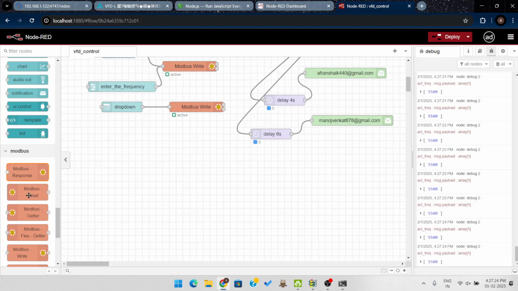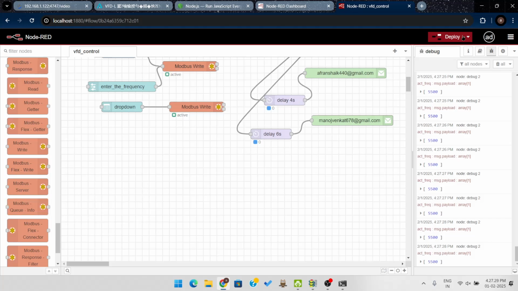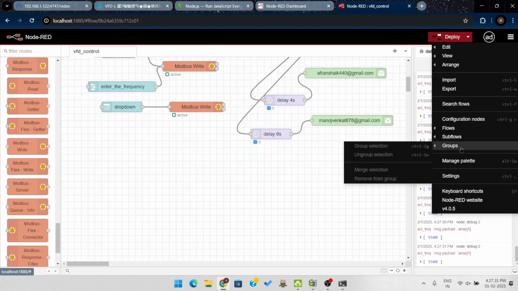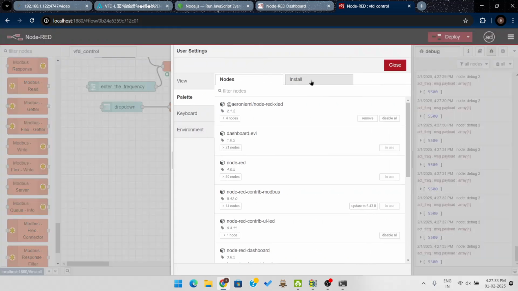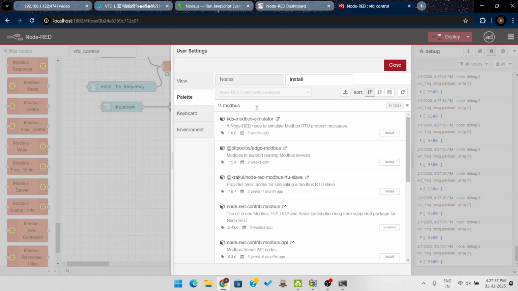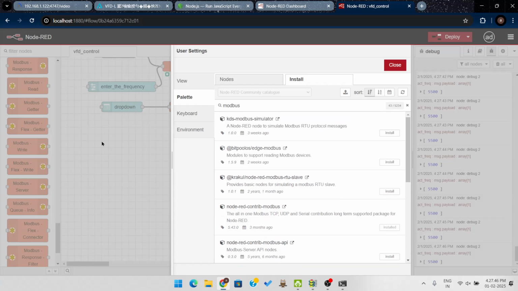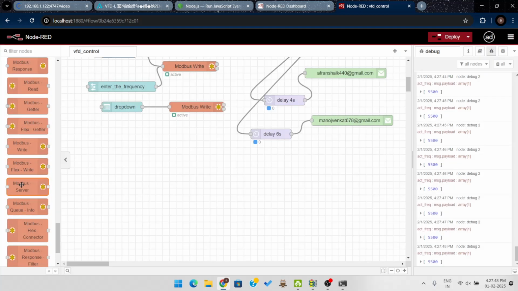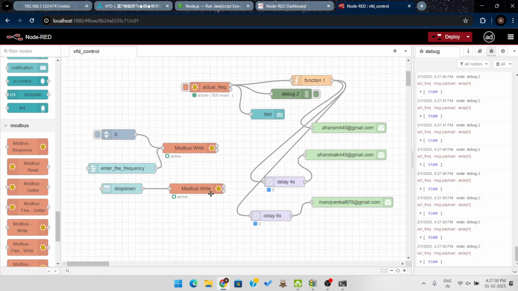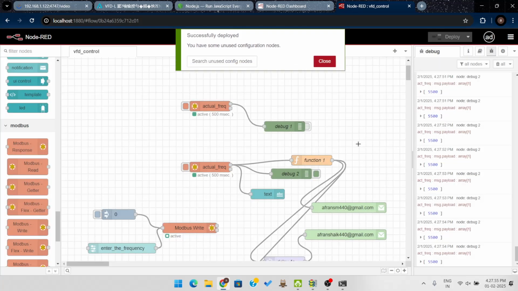So next thing is Modbus. Modbus also by default won't be installed. So again I need to go to manage palettes here and type Modbus. I have installed this one, all-in-one Modbus TCP. After installing, I can access the Modbus nodes. Okay, so here I have created the logic for controlling the